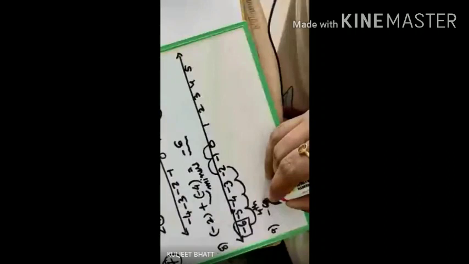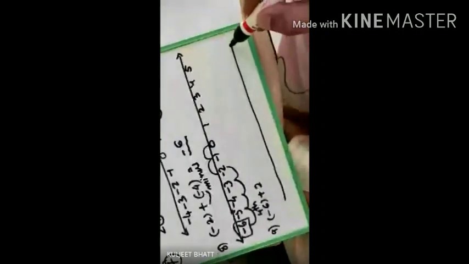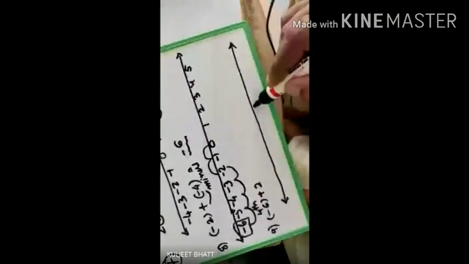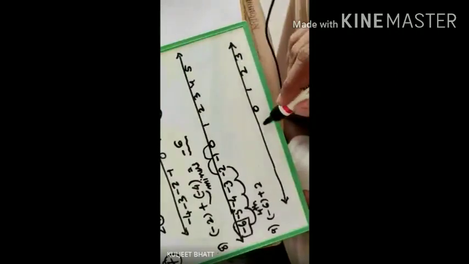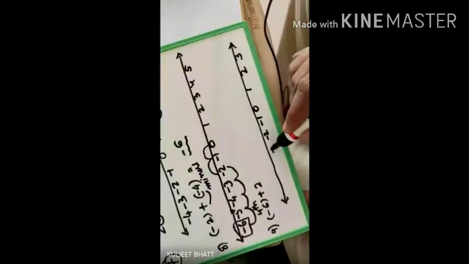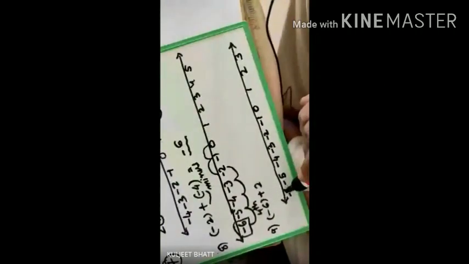Okay, sum number 9, it goes like -6 plus 2. So again, as usual, draw a number line, which is drawn. Okay, now you can see we have to start from, first let me put down the numbers. So 0, 1, 2, 3, -1, -2, -3, -4, -5, and -6.